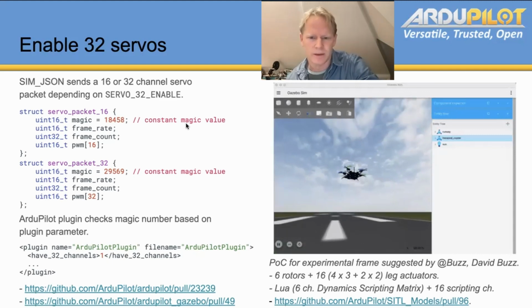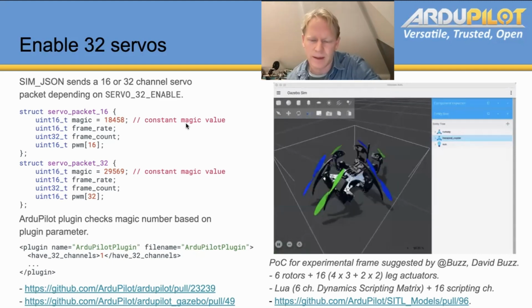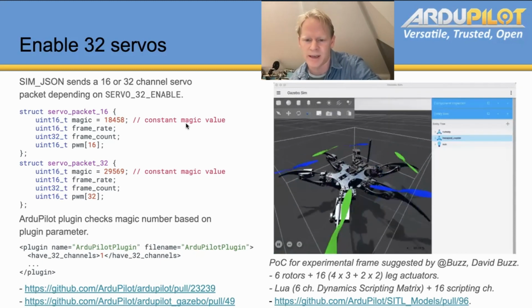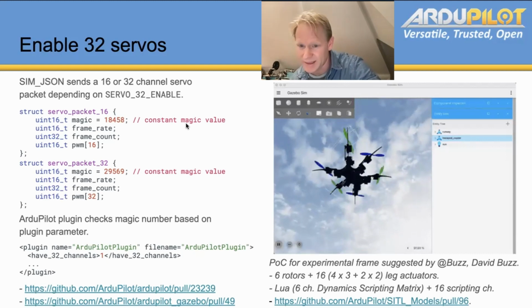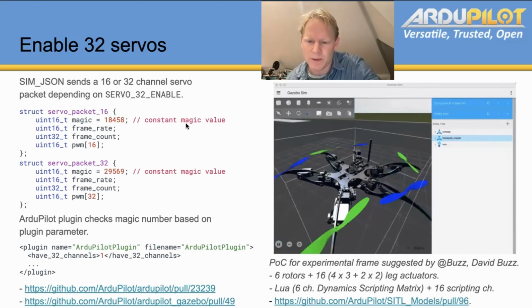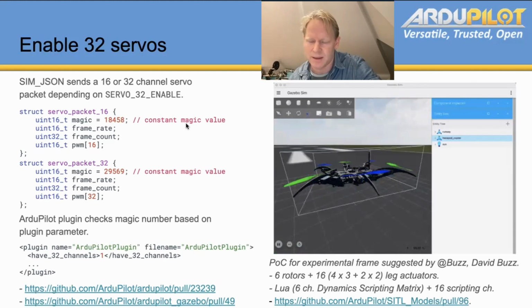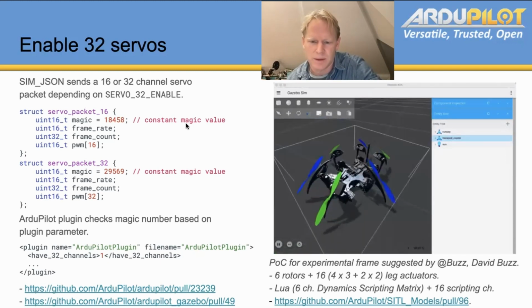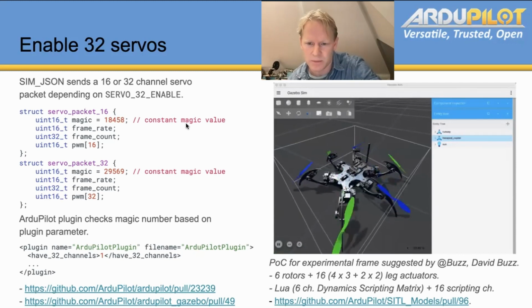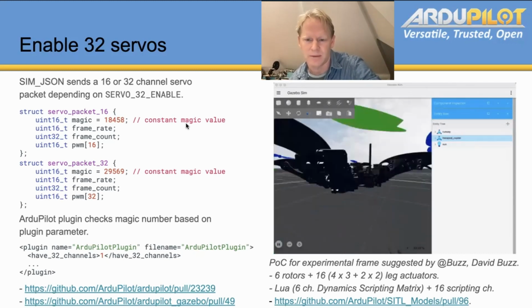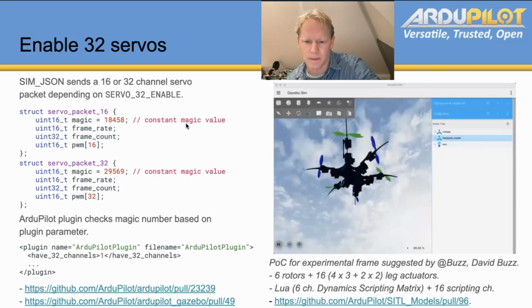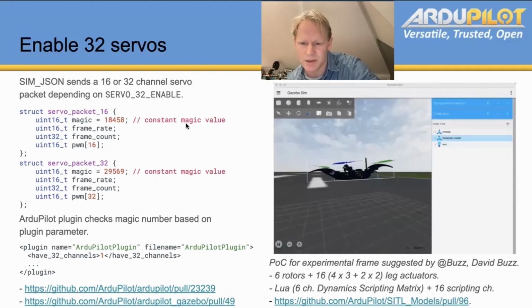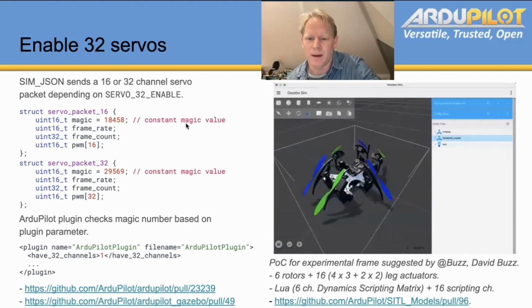So that's quite nice. Then we can have, in this case, 6 rotors and then 16 leg actuators. There should really be 18, but at the moment, you can target up to 16 scripting channels. So in this particular case, there's a Lua script handling the mixing and unfolding the legs. It's using the dynamic scripting matrix because at a later stage, we want to have a look at being able